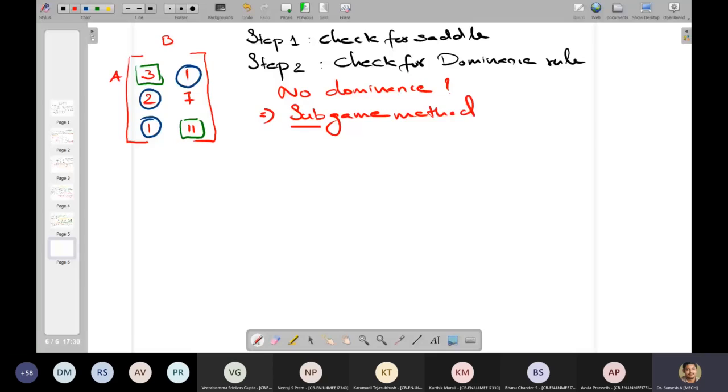If there is no dominance and no saddle point, then the method for solving the problem is basically called the subgame method. So the procedure is something like that: break the matrix into a number of smaller matrices. So the subgame method, the procedure is